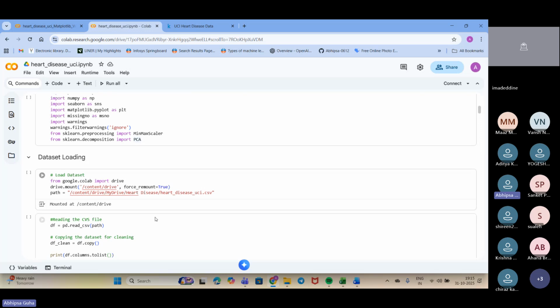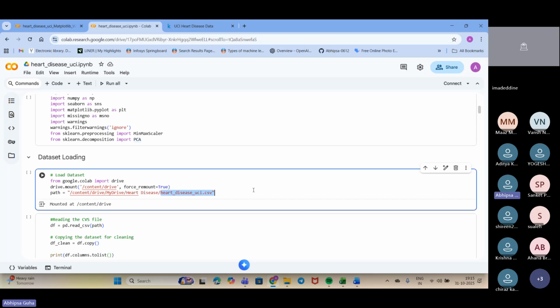I imported the drive, mounted the drive with content, and then set the path. Inside my drive I have a folder of heart disease, and inside it I have this data. This is the way I took the dataset.